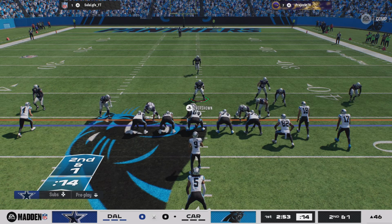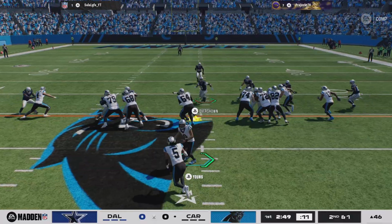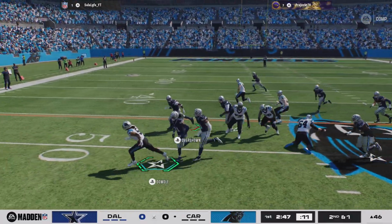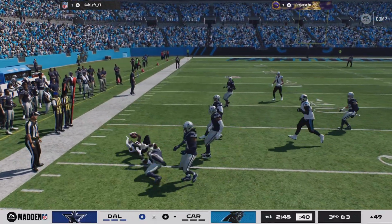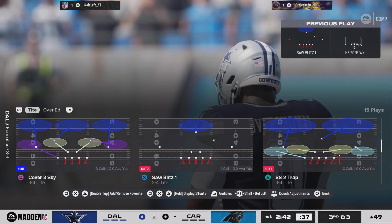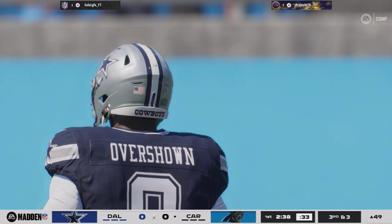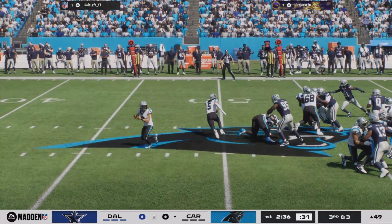Second and 45, white. Hut. The inside give to Dowdle. Nothing doing on second. They get to him behind the line. Now it's going to be third and longer. A great call in a short yardage situation right there, Brock, and that was exactly the type of front that